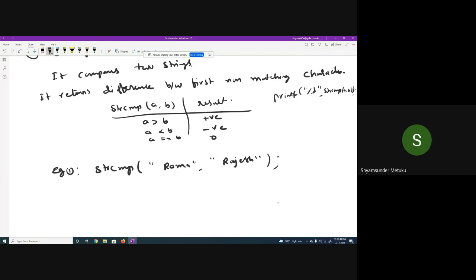String comparison never compares the number of characters or the length. Just read the statement. It returns the difference between the first non-matching characters. So what is the first character in this one and in this one? R and R, so it's not the first non-matching character. Next one is a and a. Third one is m and j. Are they matching? No. Now you tell me, is m greater or j greater?